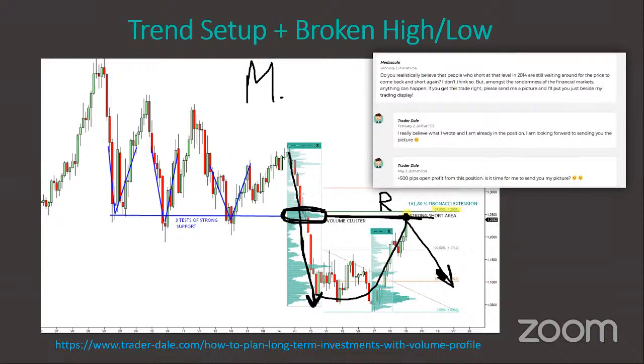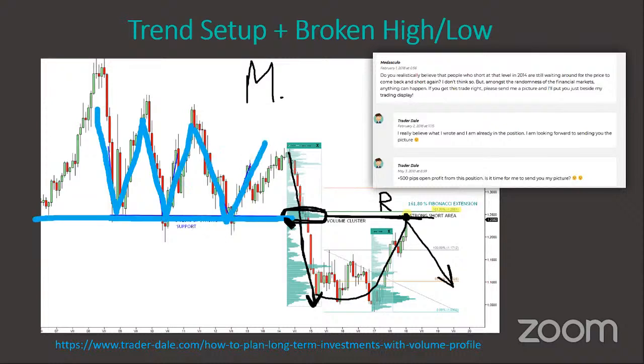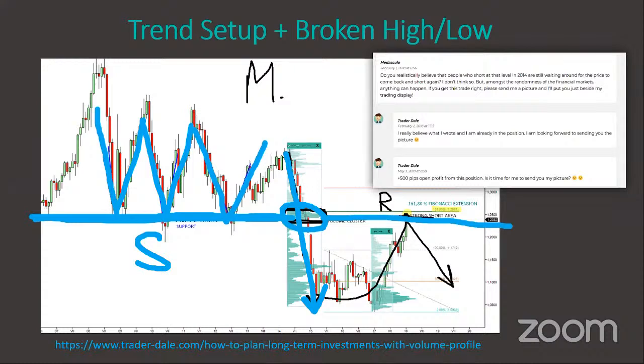Now, apart from this volume profile setup, there's also a price action setup, which I really like to combine with volume profile setups. And this setup says that when there's a support, like in here, the price bounced off this support in the past. You can see that the price was reacting to this zone, right? So it was a support. And when a support gets breached, this is where it got breached, right? Then the support becomes a resistance.